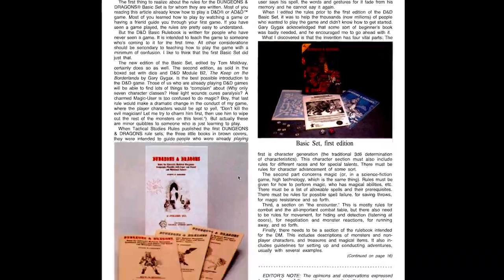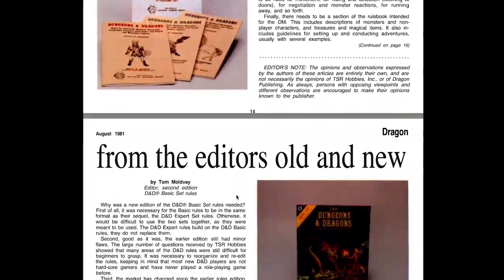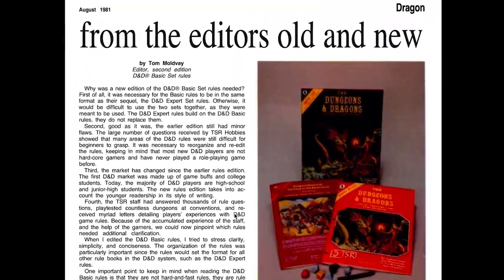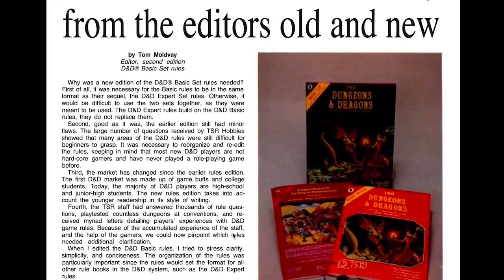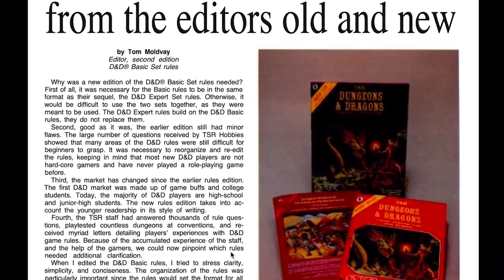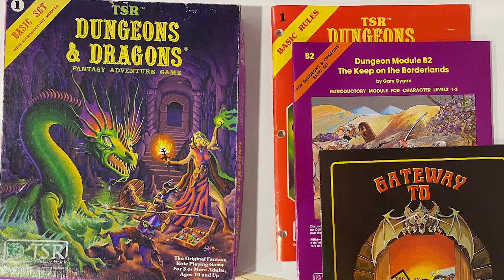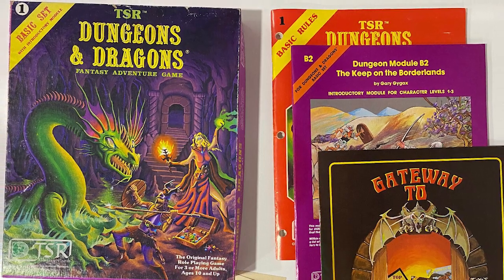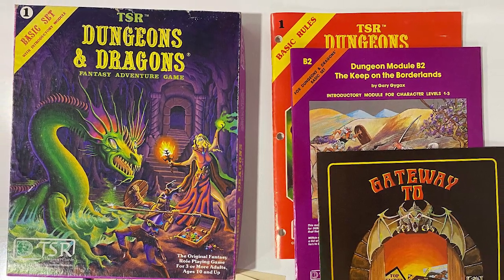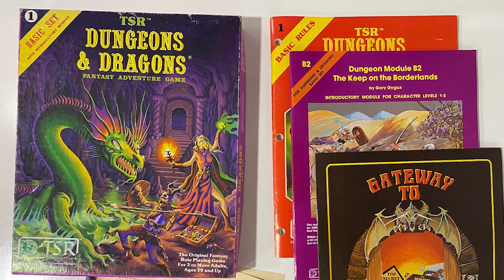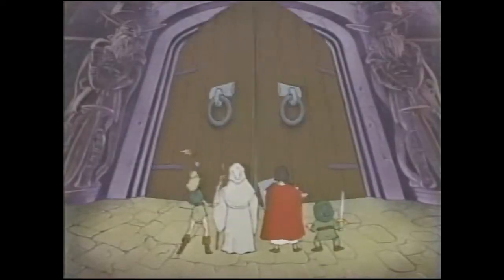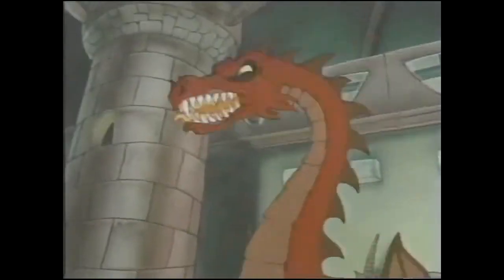In Holmes's article, Basic D&D Points of View from the Editors Old and New, Holmes is commenting on the 1981 basic set rules written by Tom Moldvay, also known as the Red Box, that came out earlier that year. The article primarily serves as a commentary and review of Moldvay's version, and in many ways, it also serves as a clever advertisement. Holmes says,